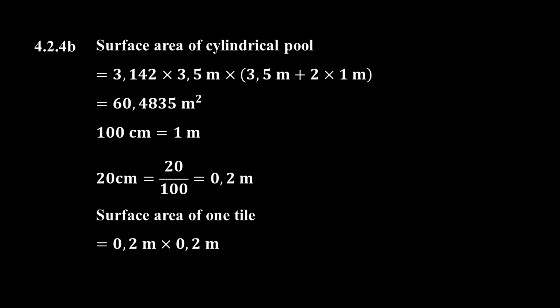Now the surface area of one tile equals 0,2 meters multiplied by 0,2 meters, and this gives us a surface area covered by one tile of 0,04 square meters. Now dividing the total surface area of the pool by the surface area of one tile, we can calculate the number of tiles needed to tile the pool. This equals